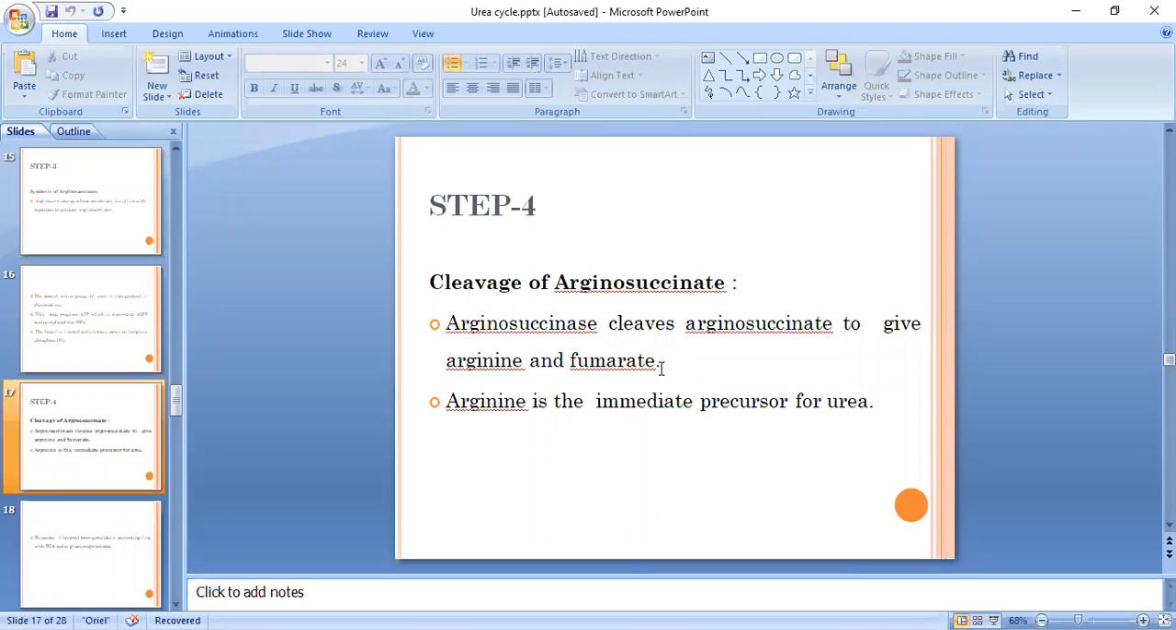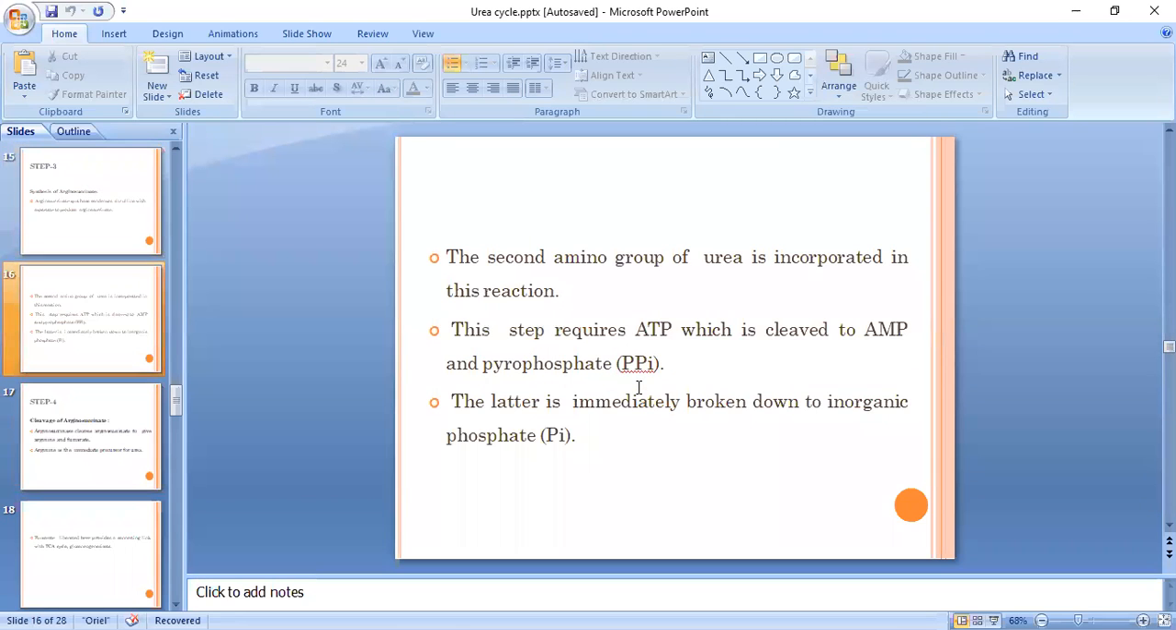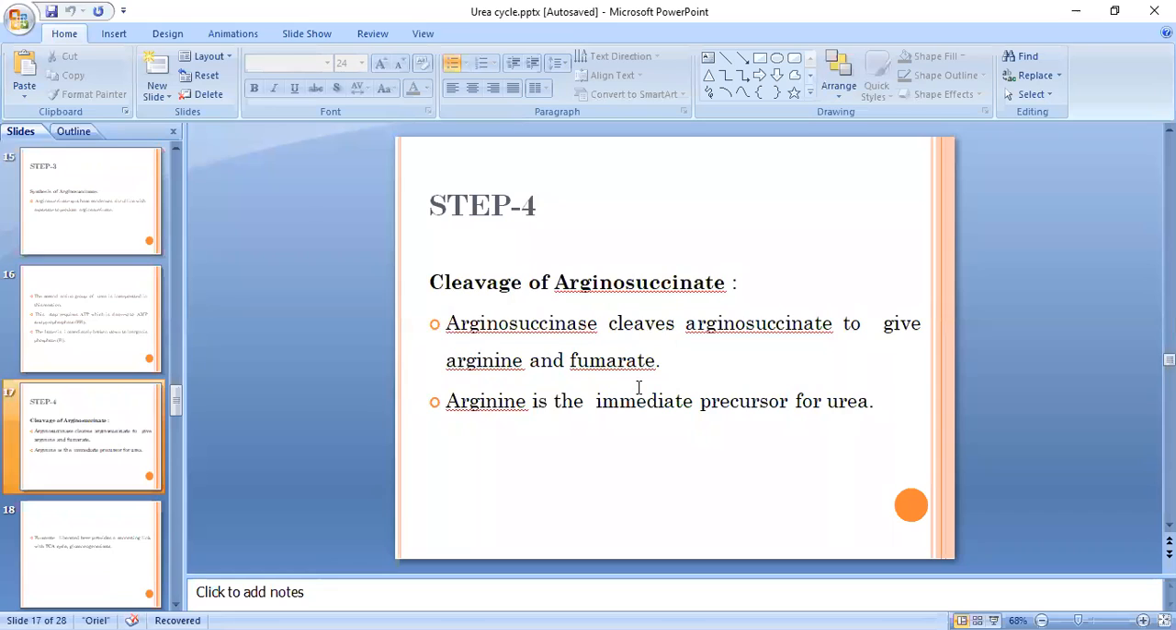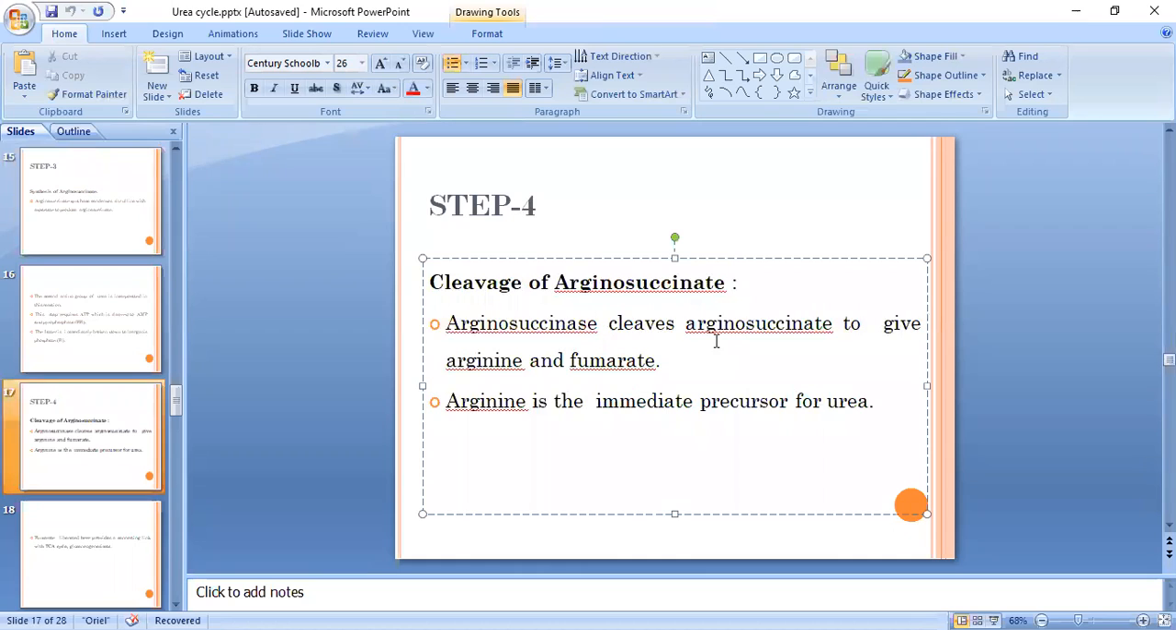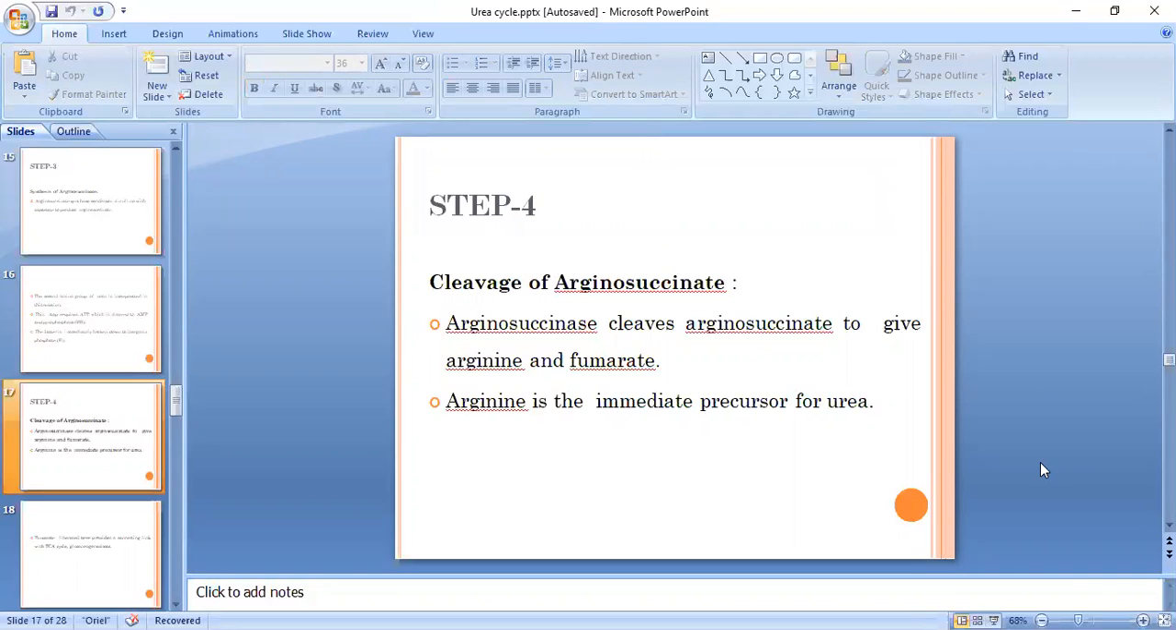Now how is this arginosuccinate produced? You have citrulline, which is given in the second step, that is combined with aspartate in the presence of synthase enzyme. You get arginosuccinate. Now that arginosuccinate is to be cleaved. In the presence of arginosuccinase, it is converted into arginine and fumarate. That means the arginosuccinate which is produced in the third step is converted into arginine and fumarate, and